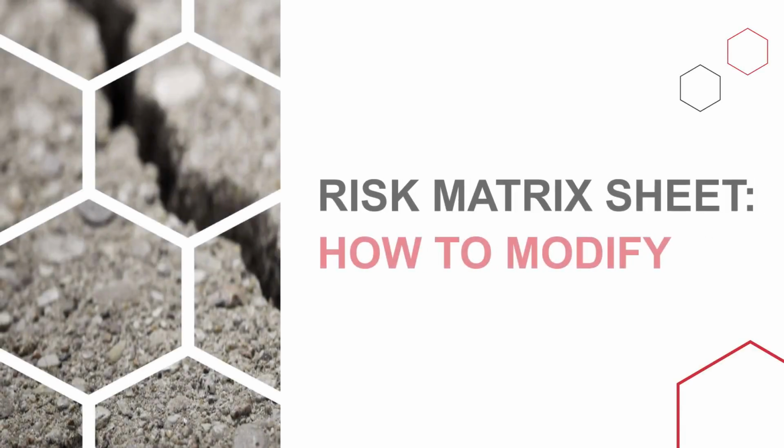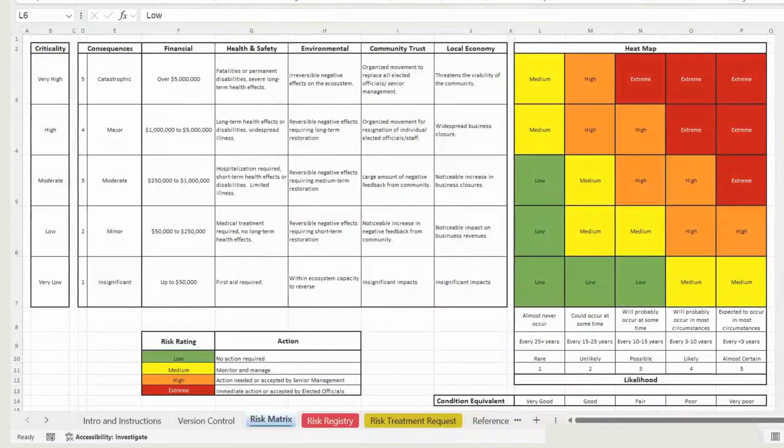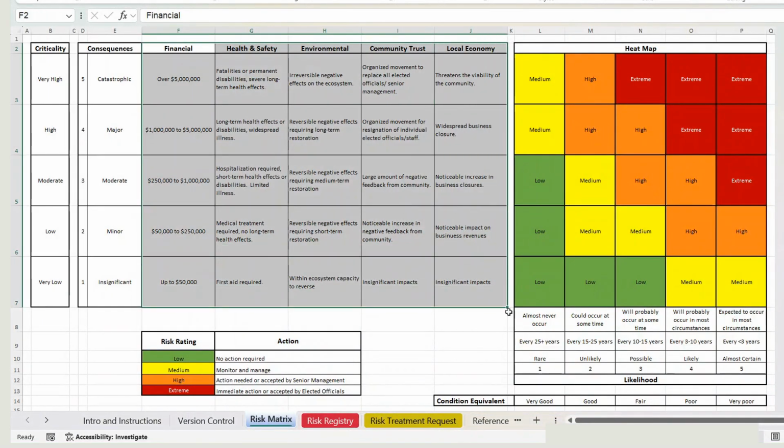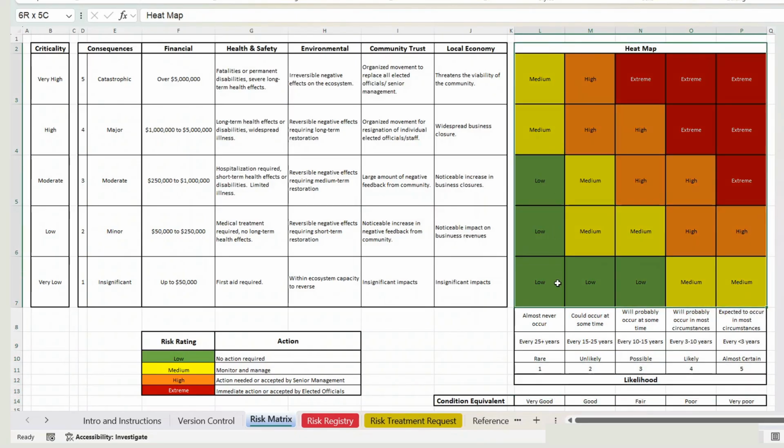Learn how to modify the risk matrix in Excel to visualize your organization's risks and risk tolerance. The risk matrix sheet helps you set up consistent criteria to assess risk across your organization. It also visualizes all your risk ratings, giving you a view of where attention is needed most and what action